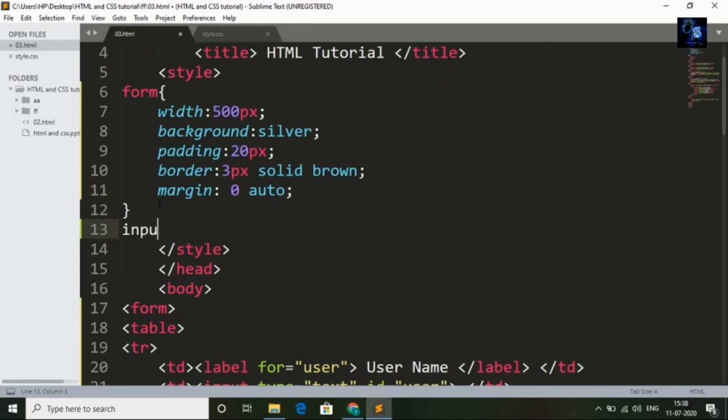Input type equal to text. I will apply CSS to username and password. Input type password.